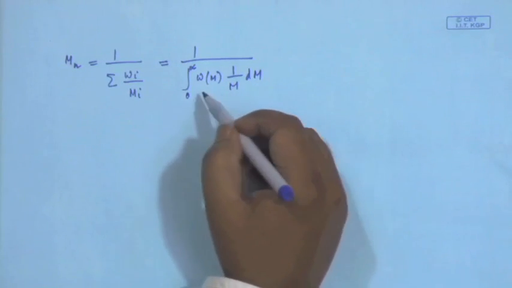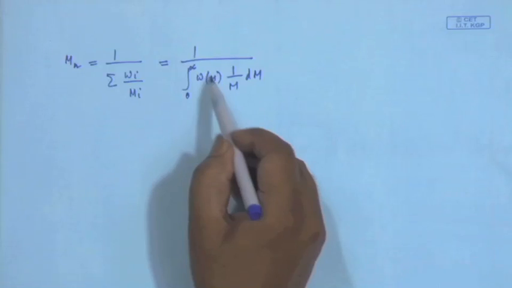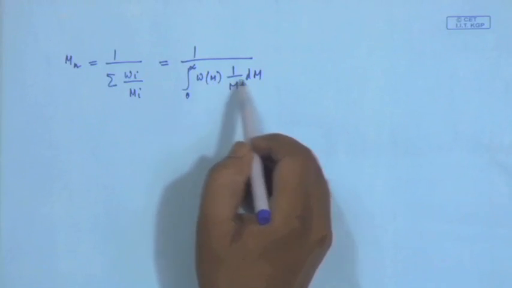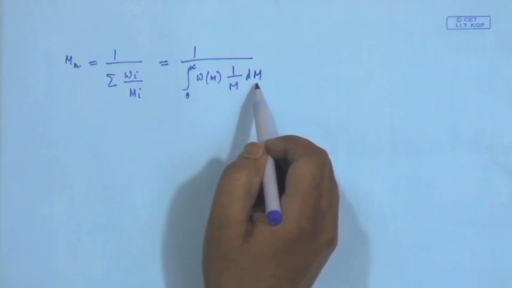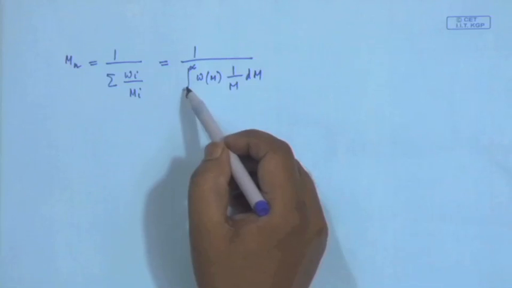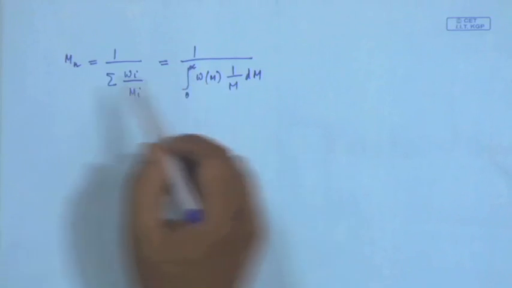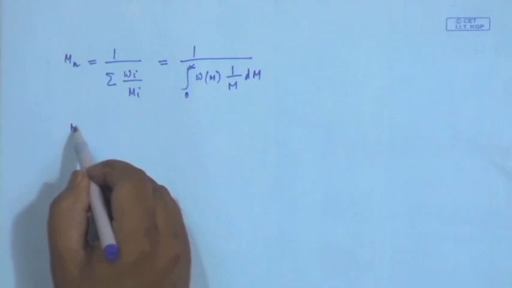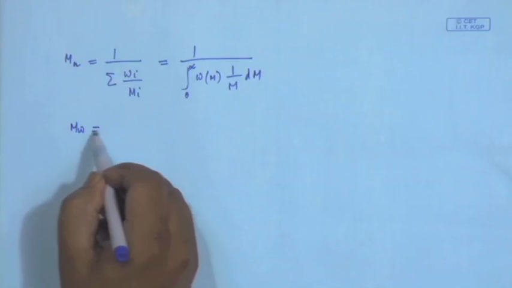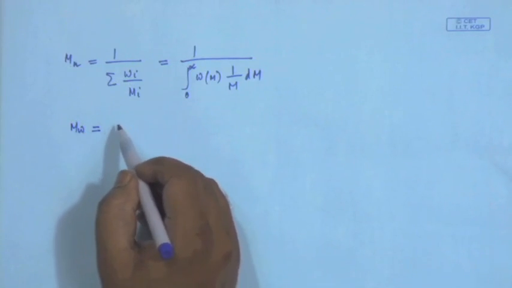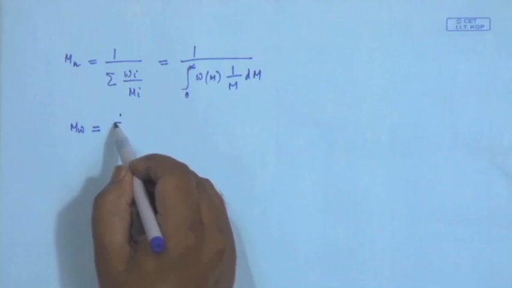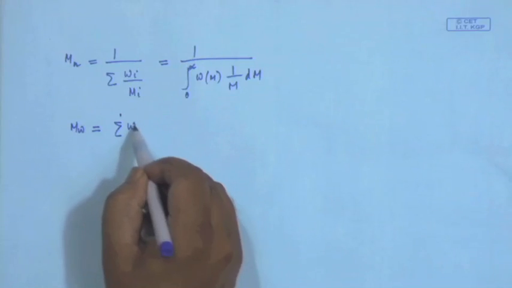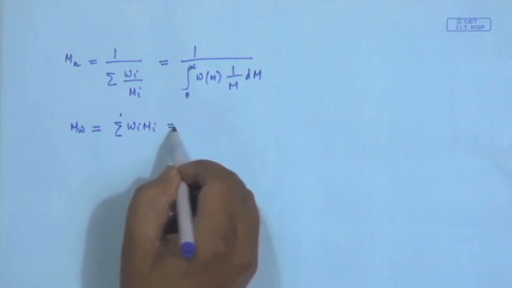So, we need to plot this weight fraction distribution against molecular weight and integrate it, which will give us Mn. Similarly, Mw, the weight average molecular weight, can be obtained from the formula